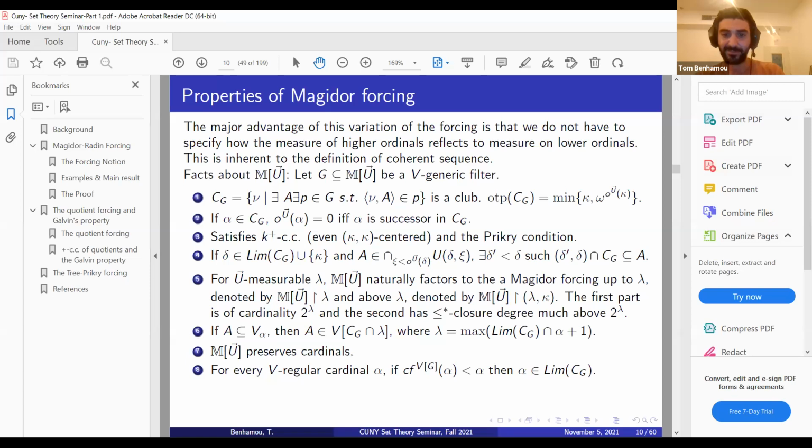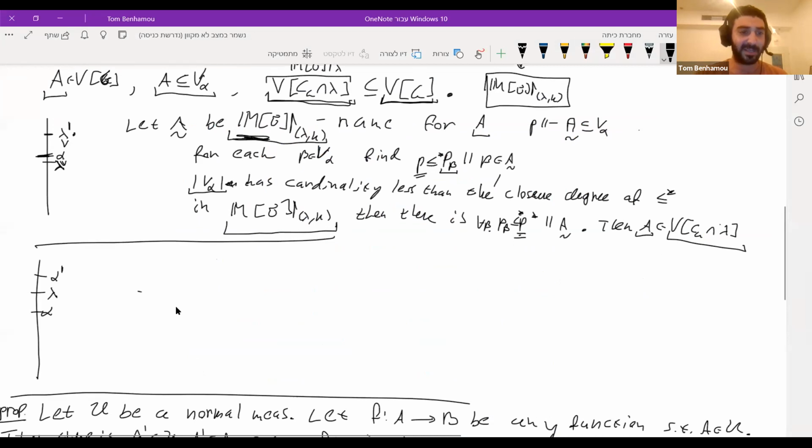So why is that? Well, suppose that alpha is strictly below two limit points of CG. In this situation, let's show that alpha cannot change cofinality. And the reason is that the forcing up to lambda, so lambda is a limit point of CG. So there must be a condition P, which has lambda as one of its ordinals, such that for some A, this pair appears in P, and P is a member of G.